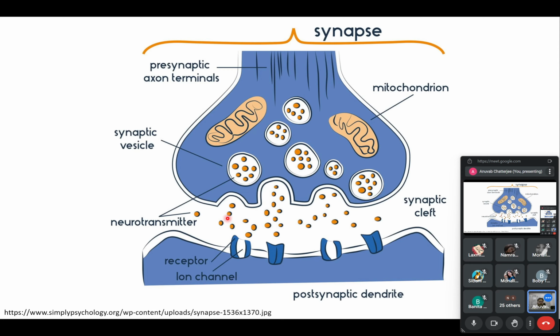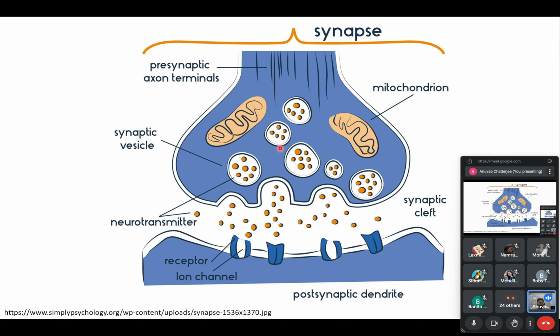So for the synapse, there are two types of synapses. One is known as a chemical synapse, that is shown here, and another known as an electrical synapse. We will be discussing the chemical synapse today. So how exactly is the signal transferred from one neuron to another? There is a very interesting bit of biochemistry going on here. The axonal side of the synapse is known as presynaptic. The dendritic part of it is known as postsynaptic. Before the synapse, after the synapse.